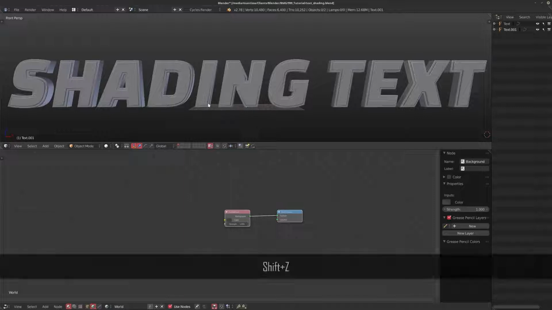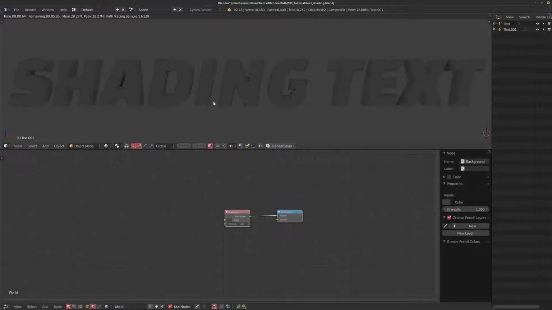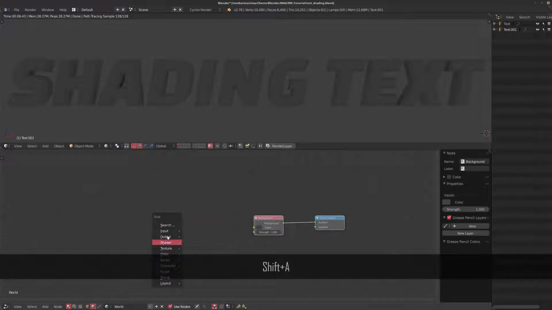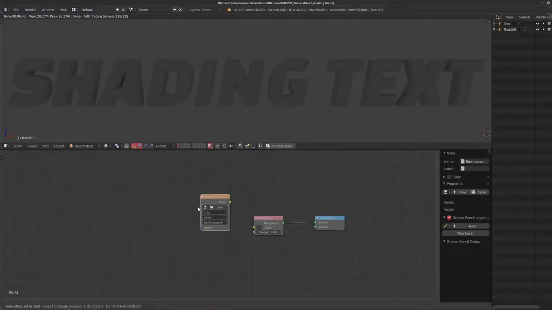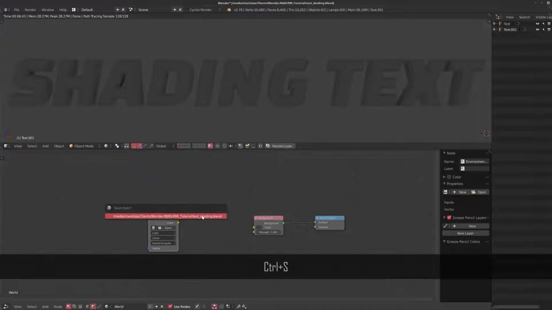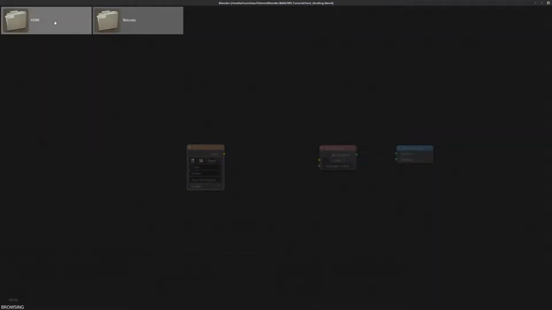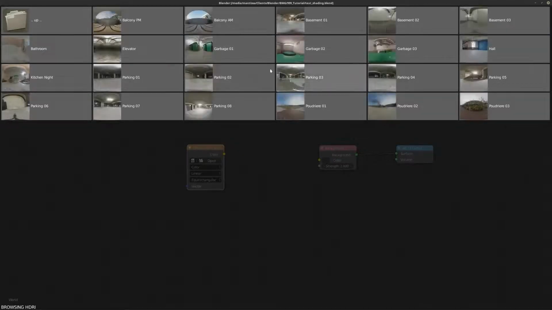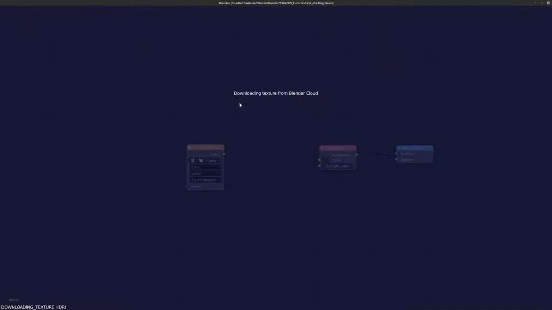So I'm going to hit Shift-C here to bring up my rendered view, and whenever I'm doing any type of shading, if possible, I like to see the final result so it's easy for me to gauge exactly what I'm doing. Now, the first thing I'm going to do is bring in an environment texture, save very quickly, and go over to the Blender Cloud add-on and just pull in a random HDRI. I think for the project, most of the ones came out of this small world folder, but let me just grab one, see if this elevator one will work.